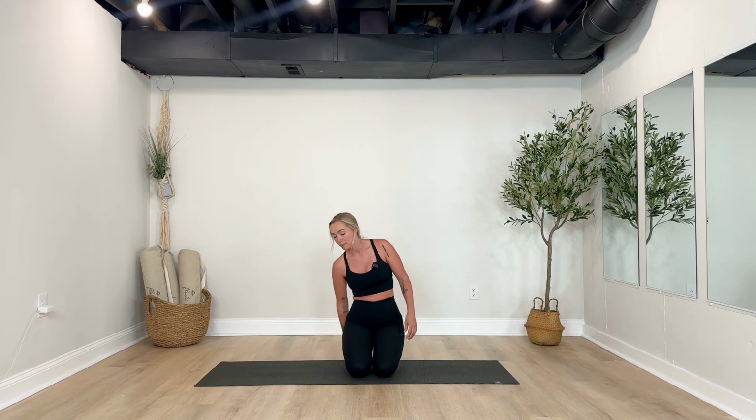So when you get into your seat, I want you to go ahead and tuck all 10 toes. So the pinky toe kind of likes to do its own thing. So if you need to reach back there, manually tuck the pinky toe. Let's get all 10 toes tucked to start. I will say this is a big stretch for the feet, so if this is uncomfortable, at any time you can just sit normally. However, I would like us to go ahead and start with our toes tucked, get a